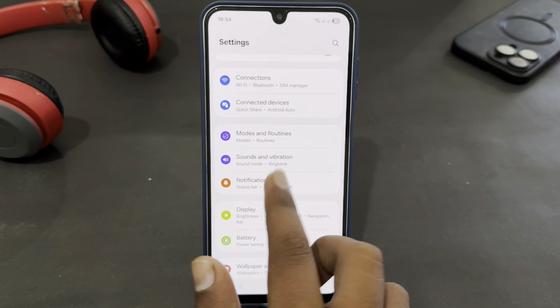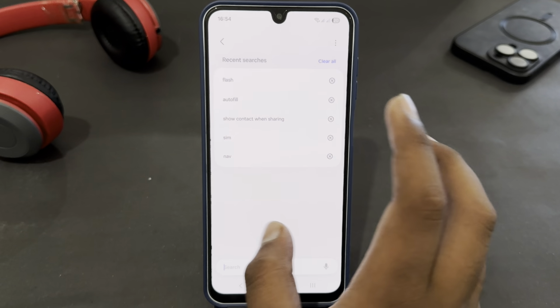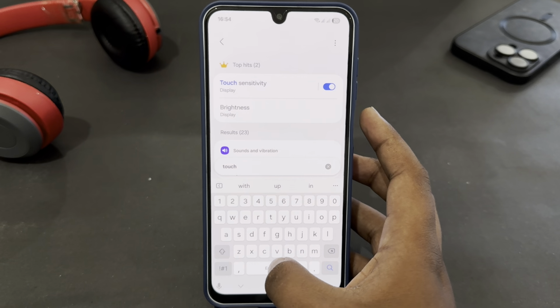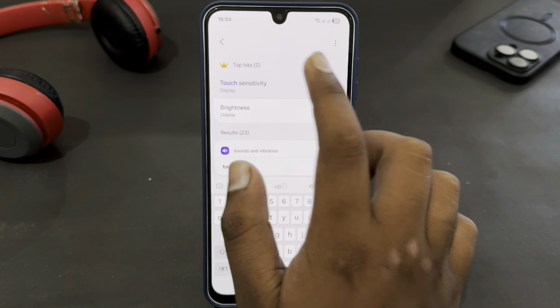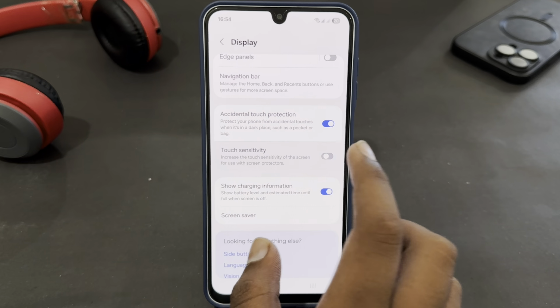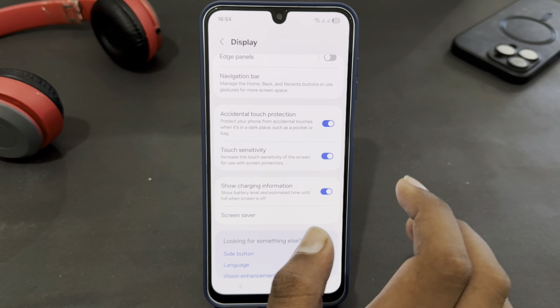So if you can't find the setting, you have to go to search, and here just search for touch sensitivity. You will get that, just tap on it, and from here you can easily enable or disable that setting. So that's how you can easily change your touch